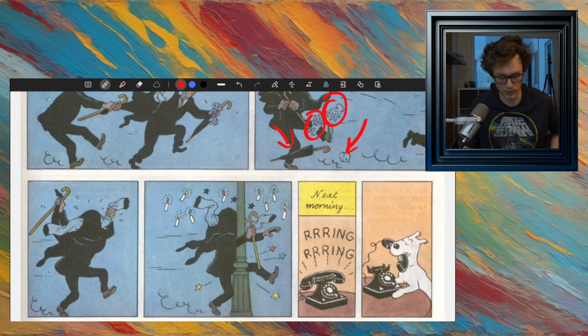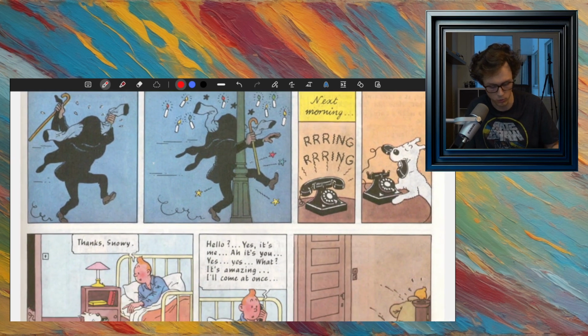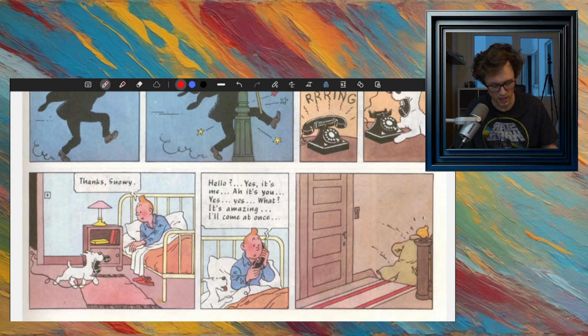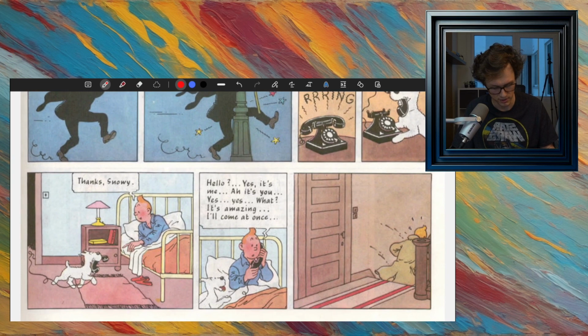And then the next morning we hear ring, ring, ring. And then Snowy picks up the phone and brings it over to Tintin. How nice of him. "Thanks, Snowy. Hello? Yes, it's me. It's you? Yes. What? Oh, it's amazing. I'll come at once." So Tintin is talking to somebody,